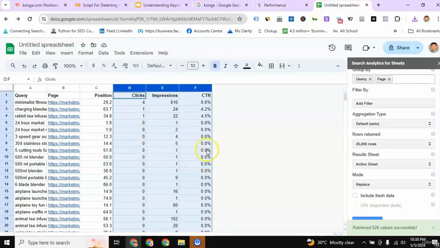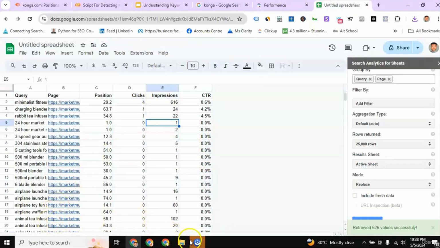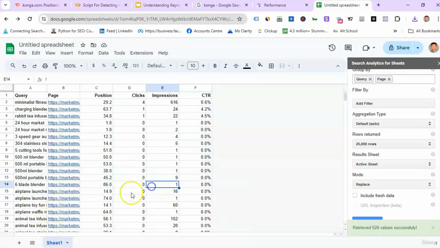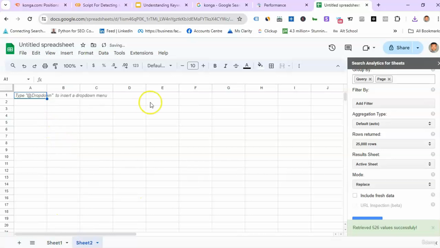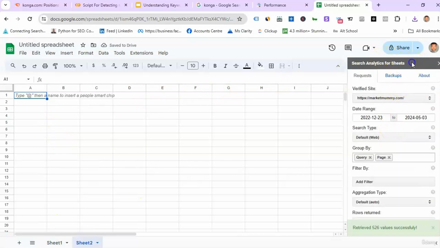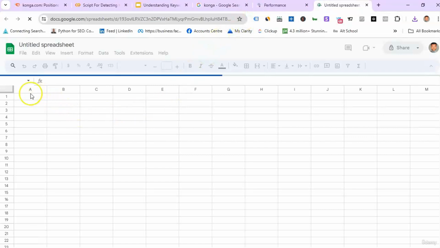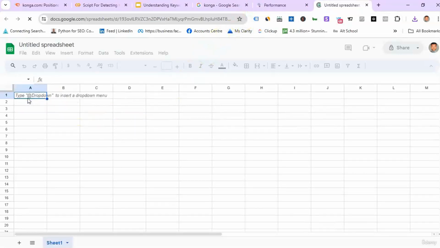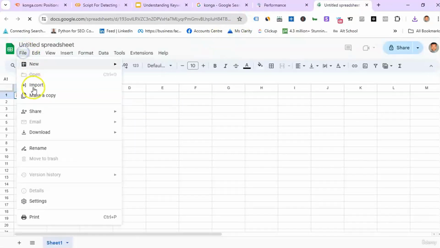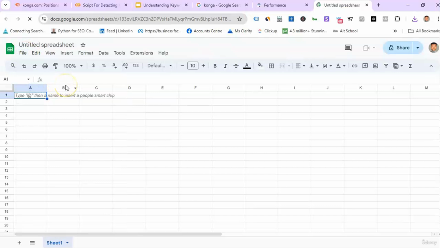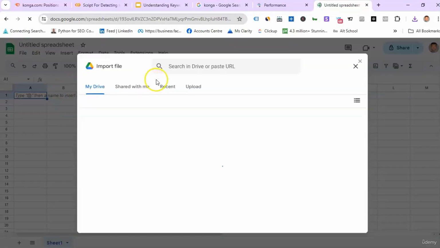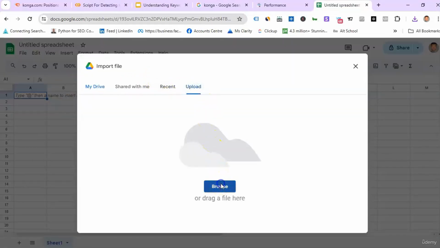So the next thing I need to do is I need to just clean up my Excel file a bit. I'm going to attempt to clean up this Excel file in Google Sheets. So let me just create a new spreadsheet and conduct the cleanup there. So I'm going to import all of the contents that I have downloaded from SEMrush,